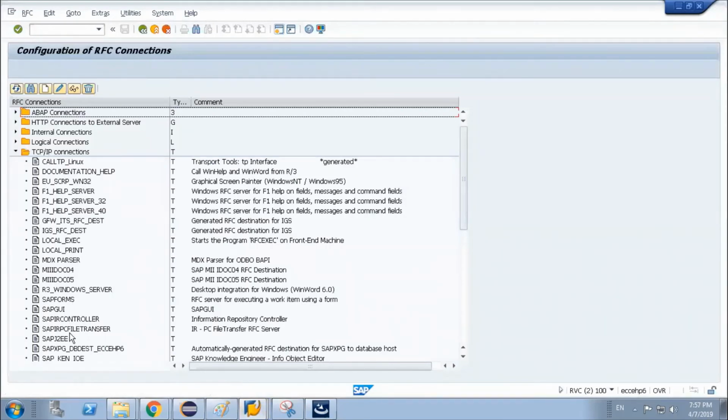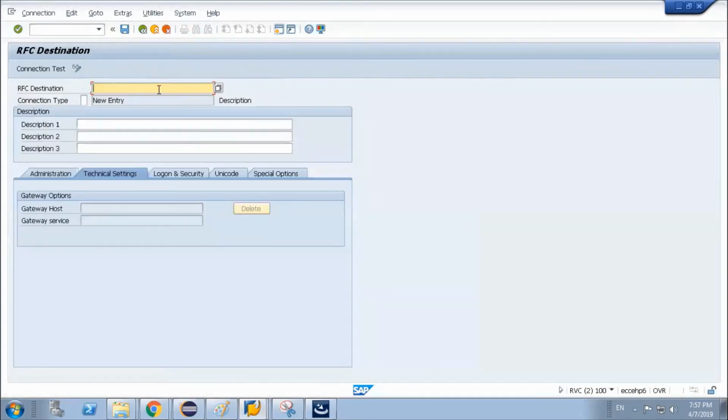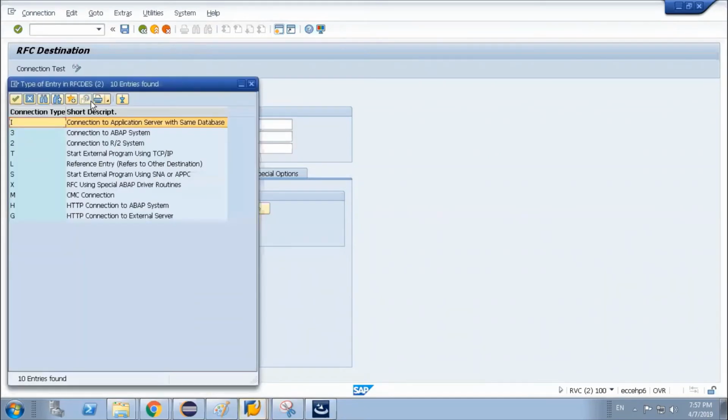It might be present in the standard one. If it is not, then we can create a connector. I am giving the name as IDM VDS LDAP. The connector type will be our TCP/IP connector type.